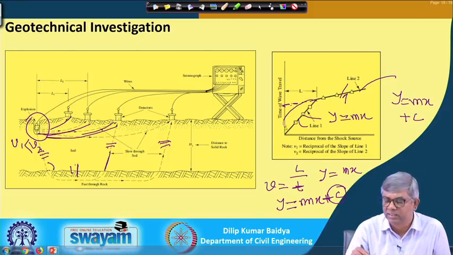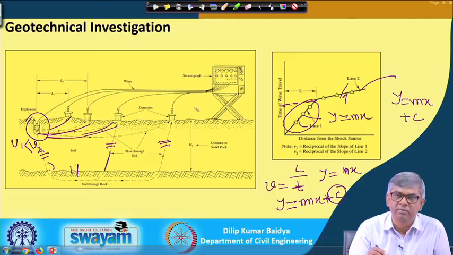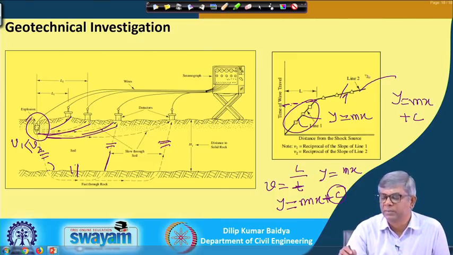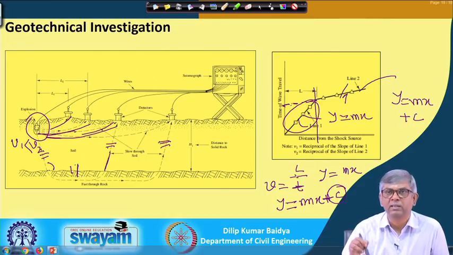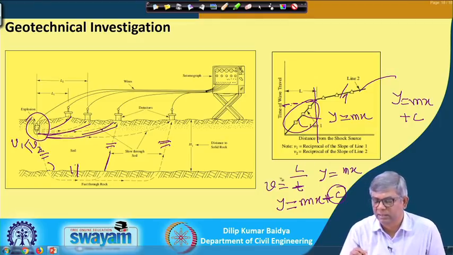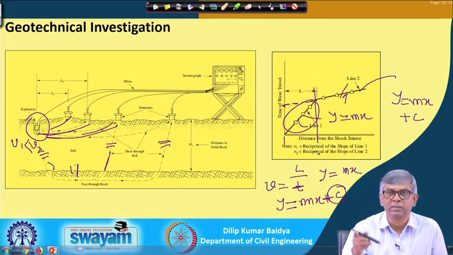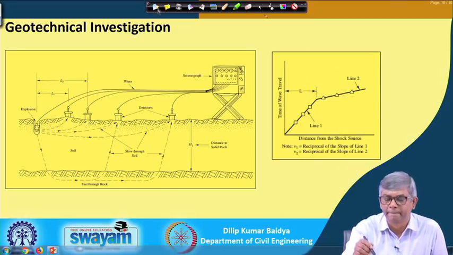So, they will represent one straight line, and subsequently there may be a few records coming through this way faster than the direct path, which will also represent another straight line. So, the slope of this line will be the inverse of the velocity of the second layer, the slope of that line will be the inverse of the velocity of the first layer, and the intersecting point of these two straight lines will give you the thickness of the layer. Some calculation we will see. That is some number L1, suppose, and that L1 will be used to calculate the thickness of the layer. I will come to that subsequently.